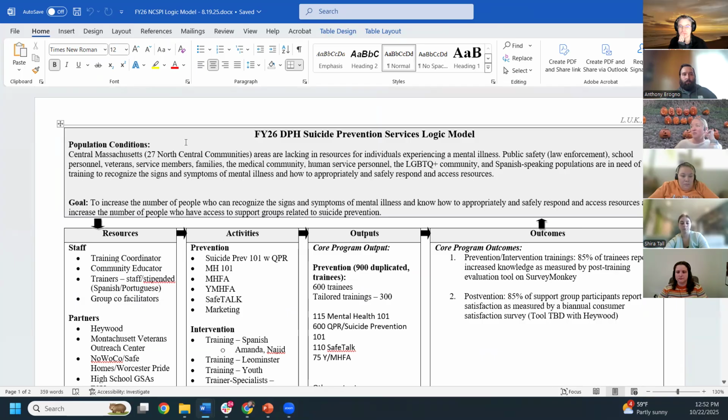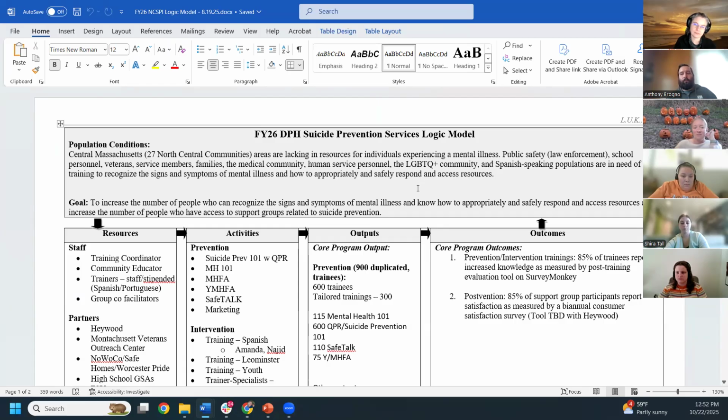So Central Massachusetts, which is 27 North Central communities, is lacking resources for individuals experiencing mental illness. In this one, we're looking to train a whole slew of people to recognize the signs and symptoms of mental illness and how to appropriately and safely respond to and access resources.